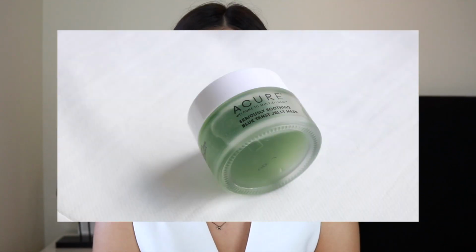So I have a good mix of products here. I have drugstore, I have high-end, I have skincare, some makeup, body care. I have a little bit of everything. So without further ado, let's get to hauling. Okay, so I'm gonna start with skincare first, and the first thing I have here is the Acure